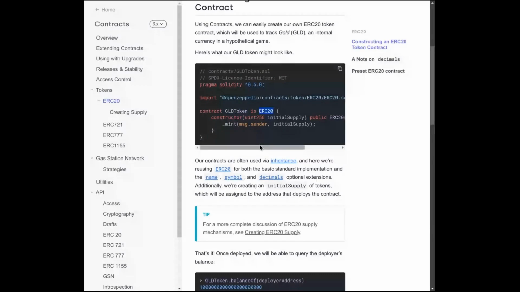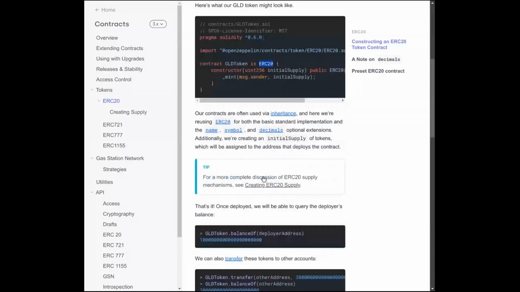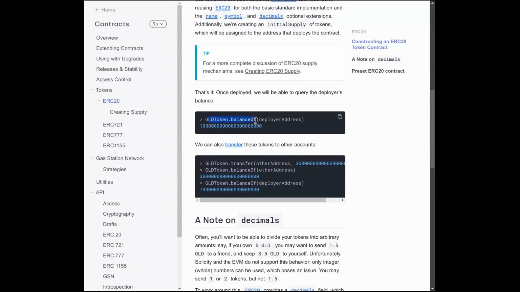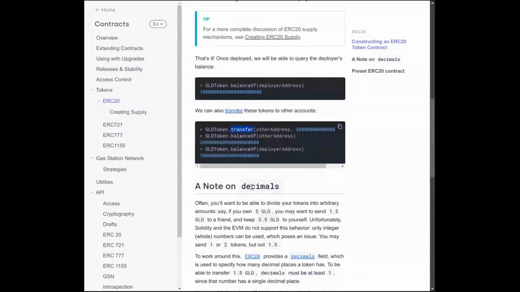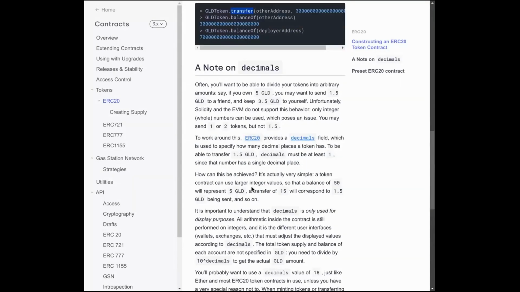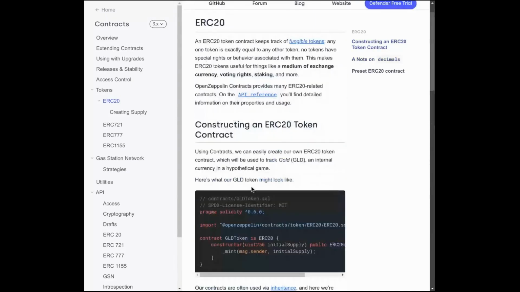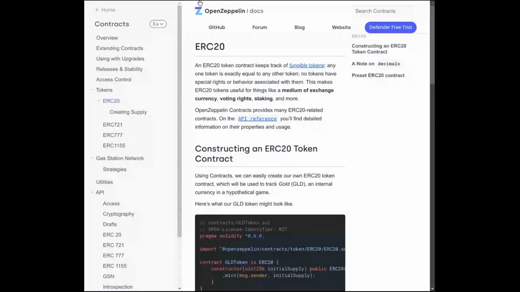And then that brings in all the functionality that you need to create an ERC20 token. And again, you can see that the functions are here: balance of, transfer, token supply. When I get back to the chat, I'll drop all of this in the chat for you to look at,